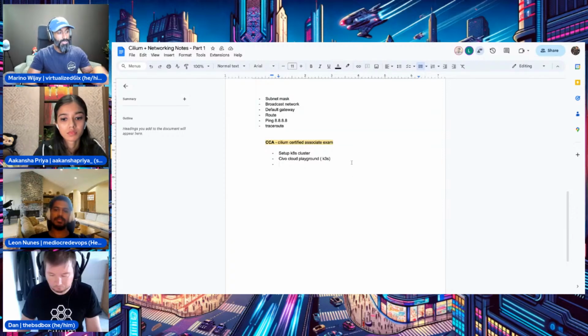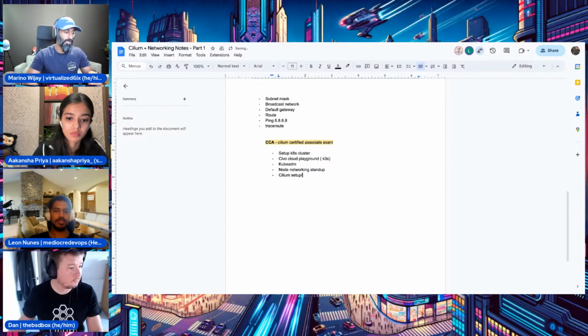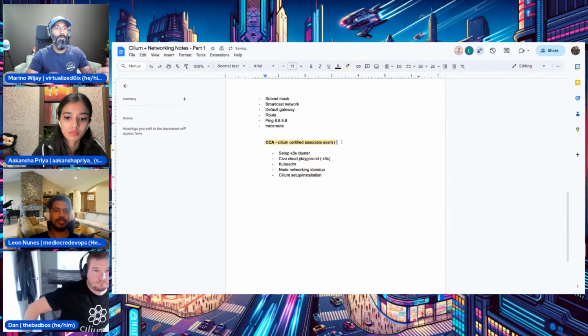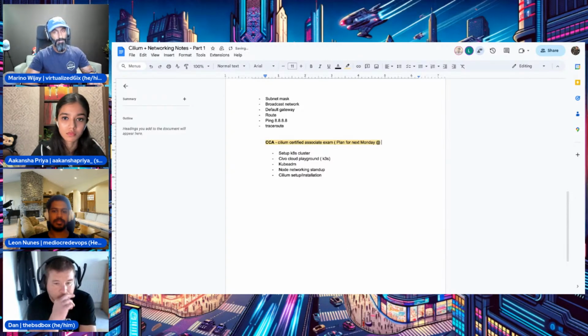kubeadm. We'll see the node networking stand up, and then we'll also see how to install Cilium, and now that provides the container networking layer. And then, following streams after that, we can dig into some more network related stuff through Cilium and see how things like static routing, BGP routing, network policy, firewalling really come into play here, even load balancing, because there's a lot of different